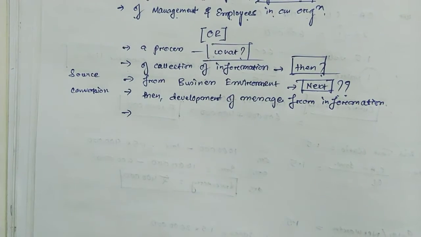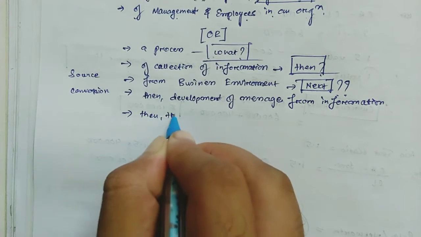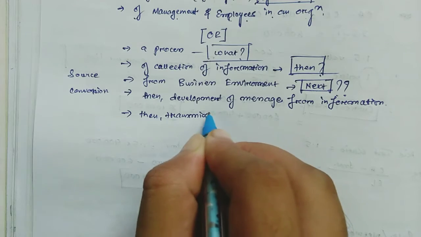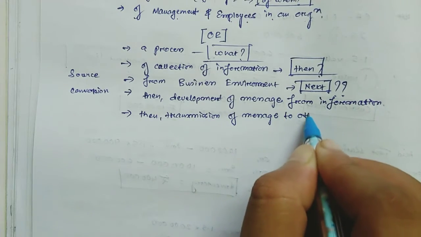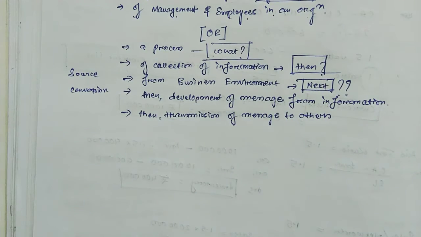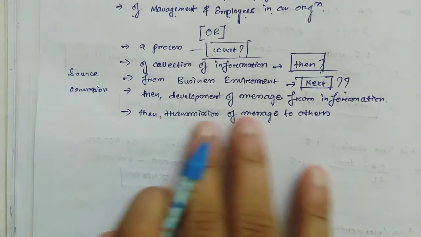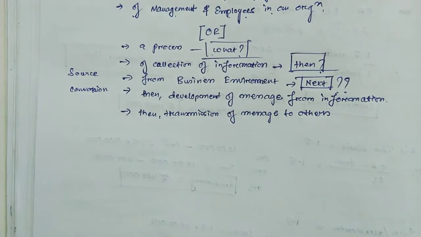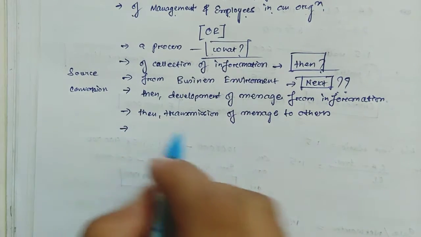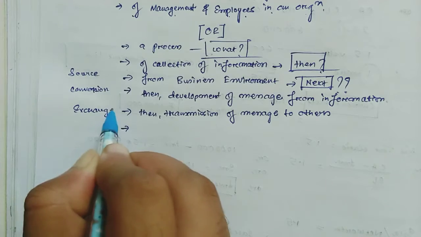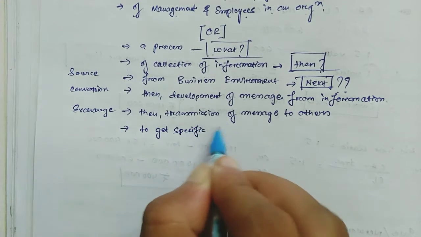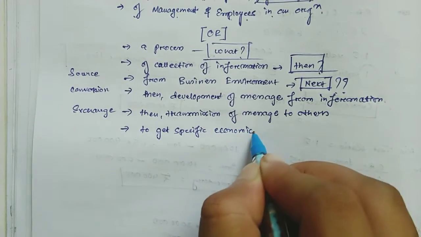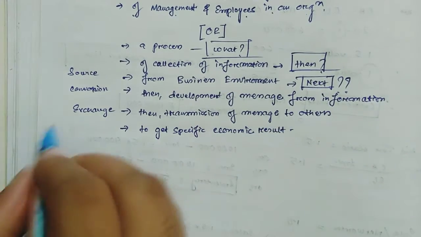ওকে, এবার কনভার্ট করার পর কি করব, দেন transmission of message to others। ঠিক আছে, আমি কনভার্ট করে তারপর এটাকে ট্রান্সমিট করব, which is the other word for এই ট্রান্সমিশন ইজ দি আদার ওয়ার্ড ফর এক্সচেঞ্জ। ঠিক আছে, অ্যান্ড লাস্টলি এখানে তাহলে আমি এখানে লিখতে পারি এই জায়গায় এক্সচেঞ্জ। ঠিক আছে, অ্যান্ড দেন টু গেট specific economic result। ঠিক আছে, this is the purpose।